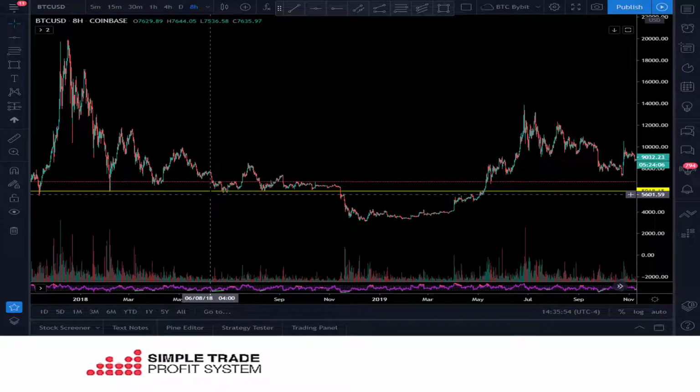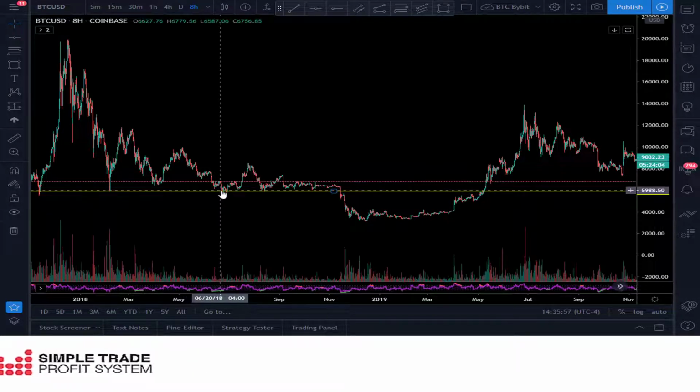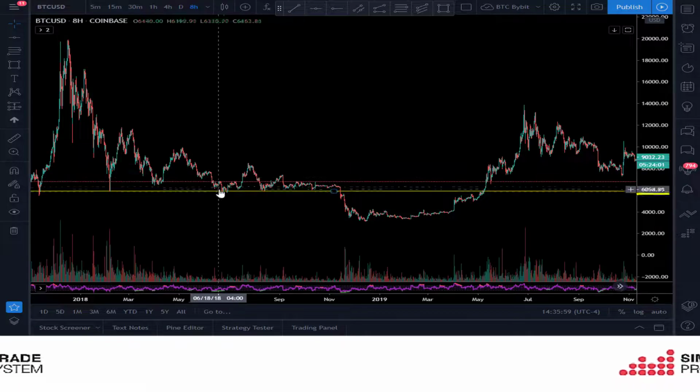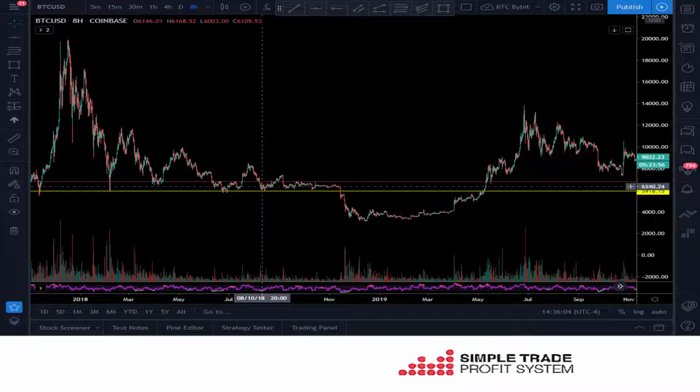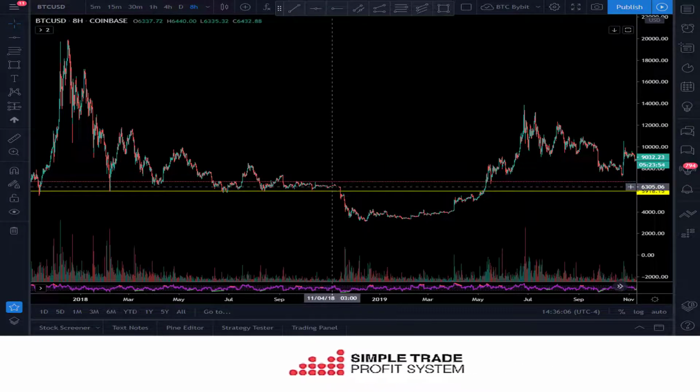We create the support by all of us thinking alike, thinking, hey, this is a good value for it. So it comes back down. We all buy in again, causes it to go up. It comes back down. We all buy in again, comes back up. And then eventually what happens is